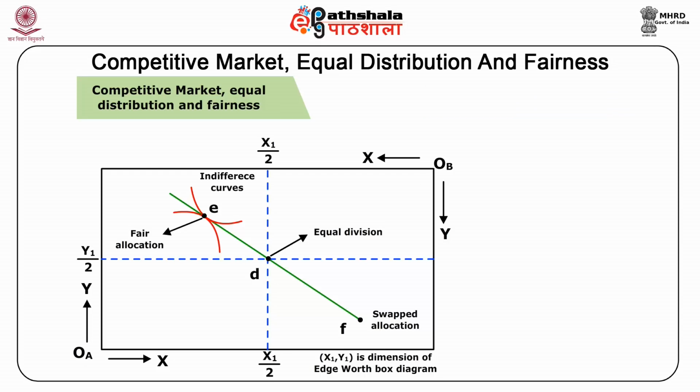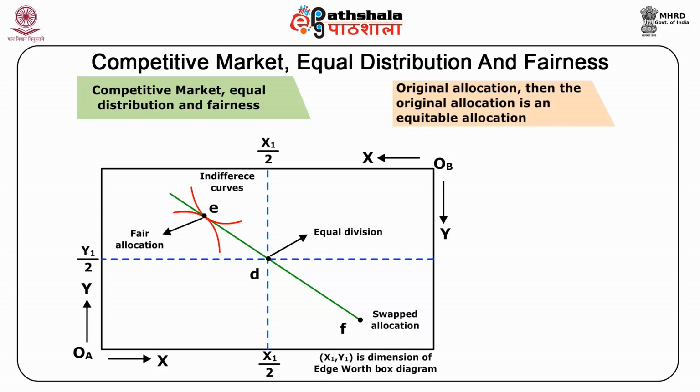From the first welfare theorem, we know that given certain conditions, all competitive equilibria are Pareto efficient. Therefore, the new allocation is Pareto efficient. To determine whether any allocation is equitable or not, just look at the allocation that results if the two agents swap bundles. If this swapped allocation lies below each agent's indifference curve through the original allocation, then the original allocation